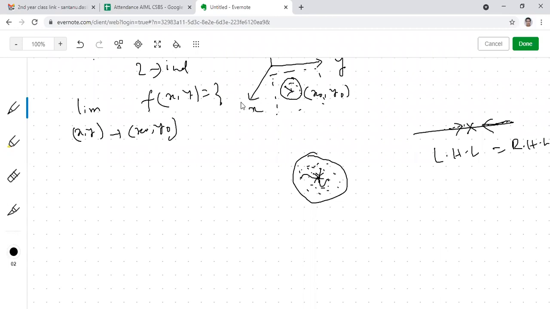Yes, sir. But it is not possible for us to check from infinite directions whether the limiting values are the same. So that's why we use the epsilon delta method to check the existence of a limit. In the first semester, the method I studied, the path dependency method, can't check the existence of a limit. Rather, we can check the non-existence of a limit. How can we do so?